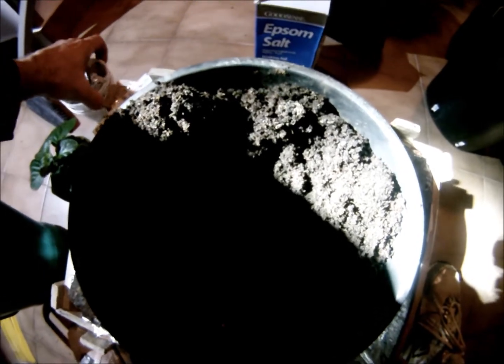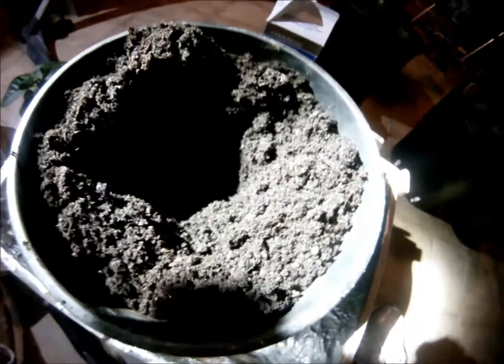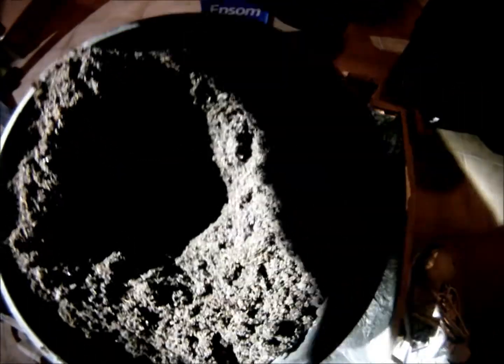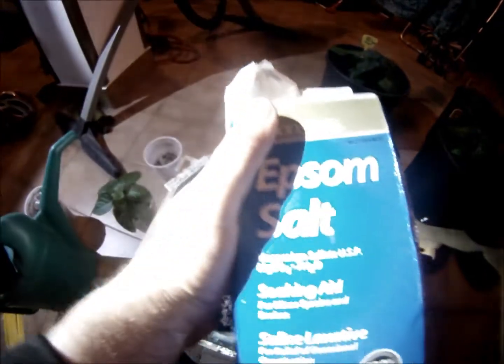You can take an old cup, put it down in there, and it'll give you a general idea. You can see that's down in there now. The soil is going to be a little bit under that top line, but you can see it's pretty good. So knowing I got the hole dug deep enough, the next thing I'm going to do, what I use